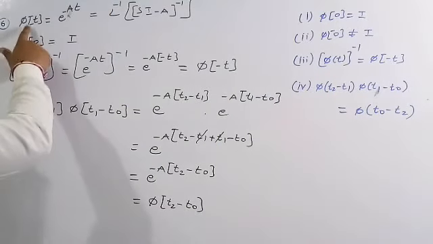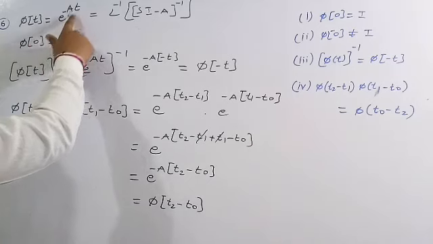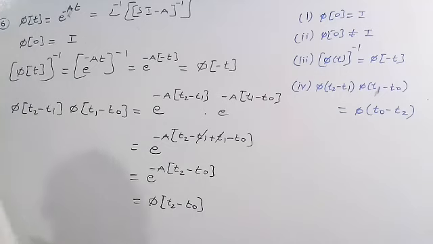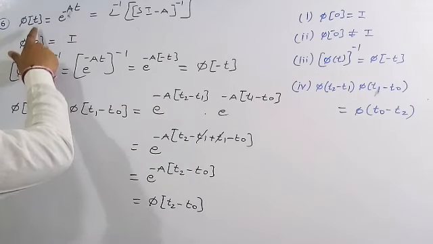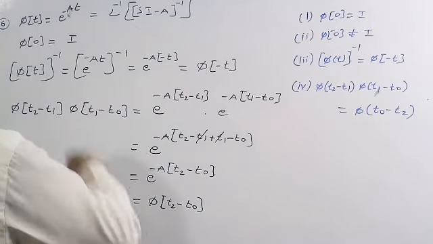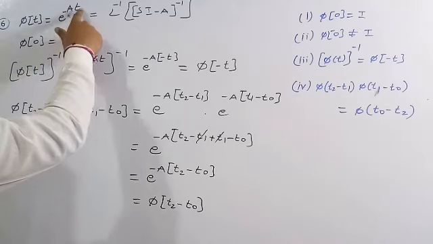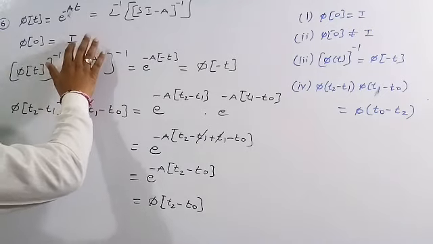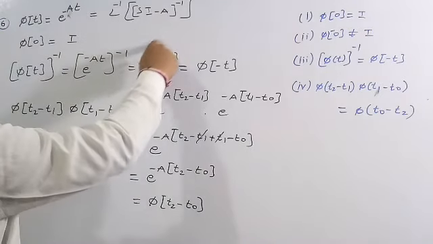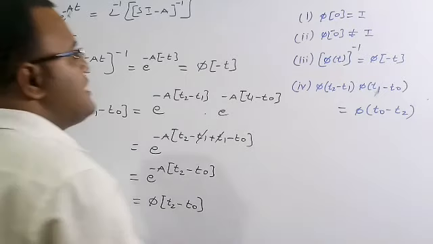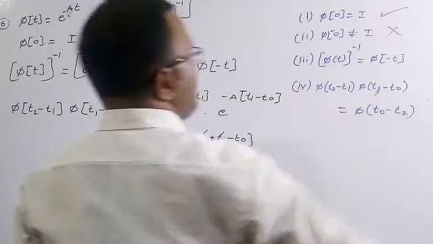So here phi of t is called the state transition matrix and the expression is e to the power of minus At, which is equal to the Laplace inverse of (sI minus A) whole inverse. So here in place of t I am going to check the first condition, whether phi of 0 is equal to I or not. In place of t I am going to keep 0. So phi of 0 means e to the power of minus A into 0, which means e to the power of 0, is equal to I. This is the identity matrix, because these are in terms of matrices, not a single quantity. So therefore the first condition is correct.